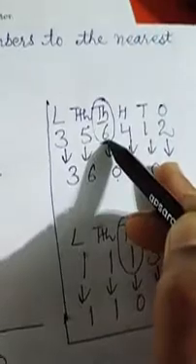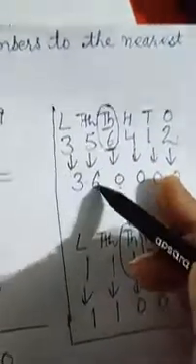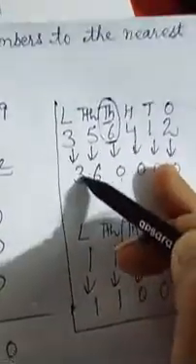Yes, we will write the digits according to the places. For estimating to the nearest 10,000, we will observe the digit of the thousands place. Ones place will become 0, tens place will become 0, hundreds place will become 0, thousands place will also become 0 and the ten thousands place digit will become the next. Why? Because the thousands place digit is more than 5. So it will become 6 and 3 will be written as it is.